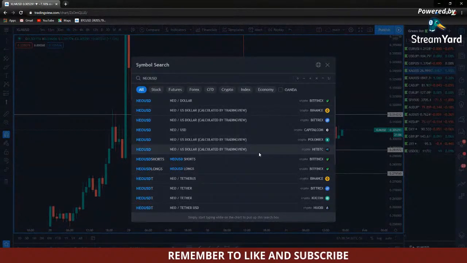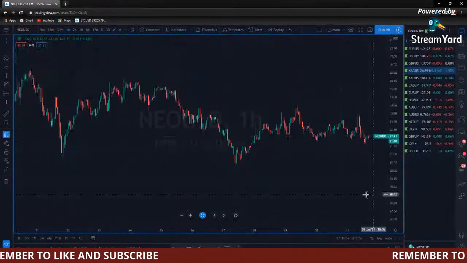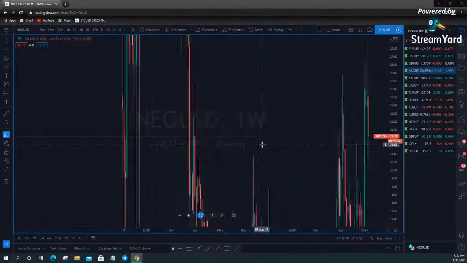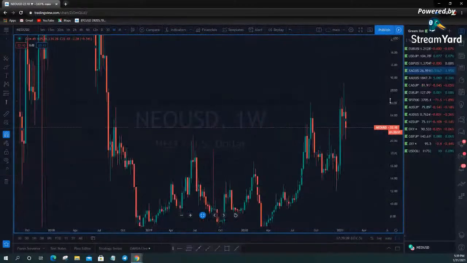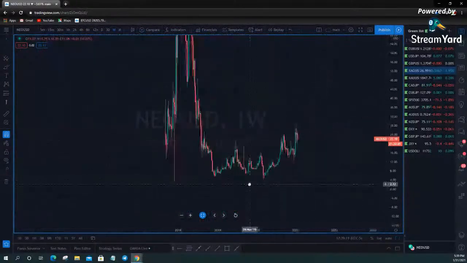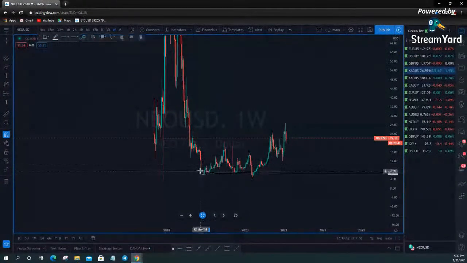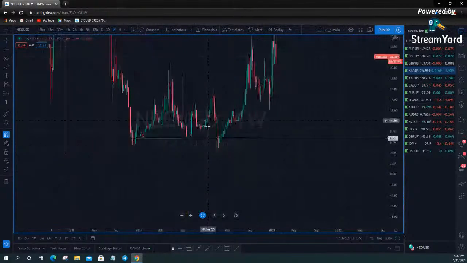Let's use Finex, because Finex has basically been in business a long time. Let me get off the 8-hour. So on a weekly chart, it's trading around the lows, but you have accumulated. All right. So basically, this would be considered Wyckoff accumulation down here. You had your stop run, which is absolutely beautiful. That is what you want to see on a bullish asset if something's going to reverse price or reverse trend.